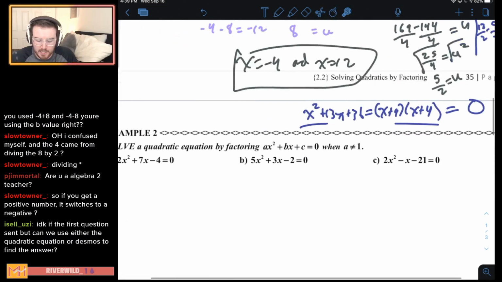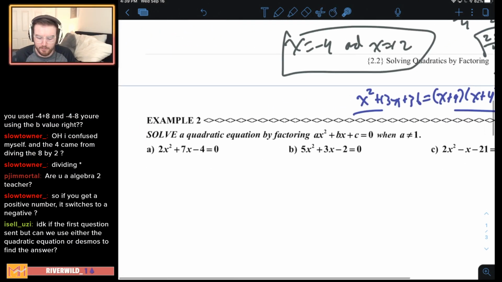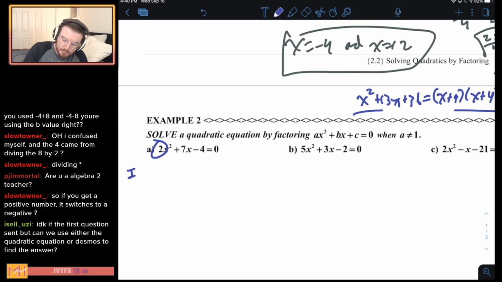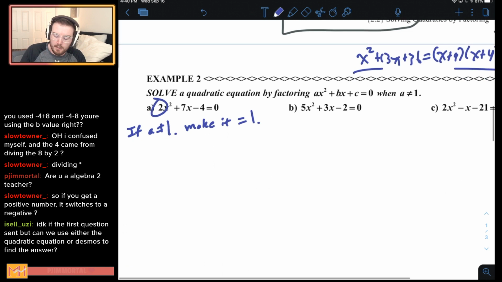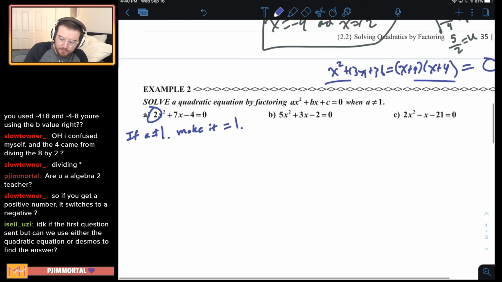All right, so let's do something new and fresh together here. What happens if A isn't 1? If A doesn't equal 1, make it equal 1. So with that being said,